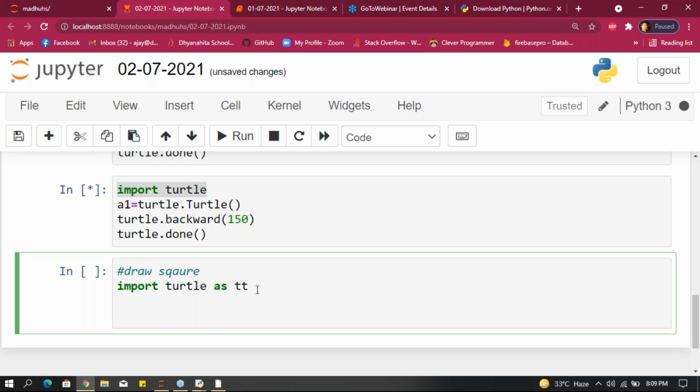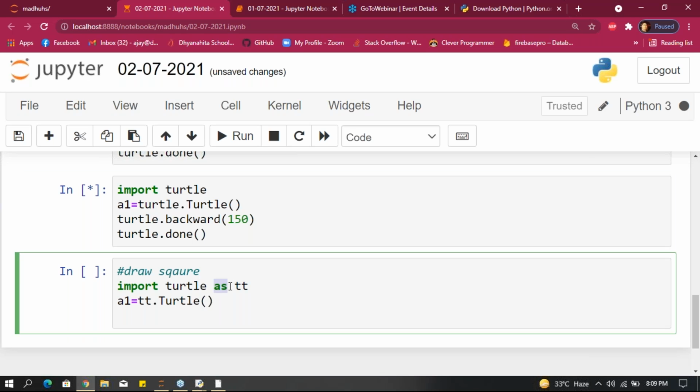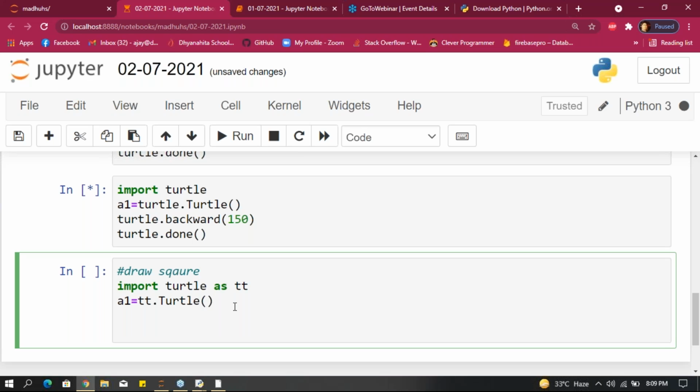After that, take a1 equals TT dot turtle. If I wrote turtle dot turtle, you would get confused. That is the reason I'm taking it as a name. TT dot turtle.